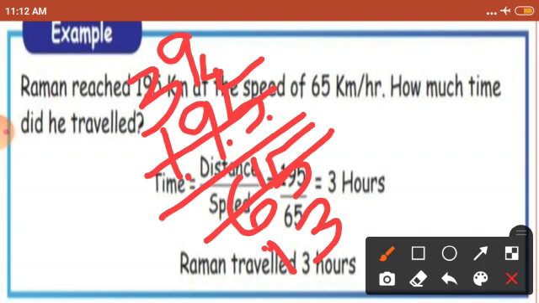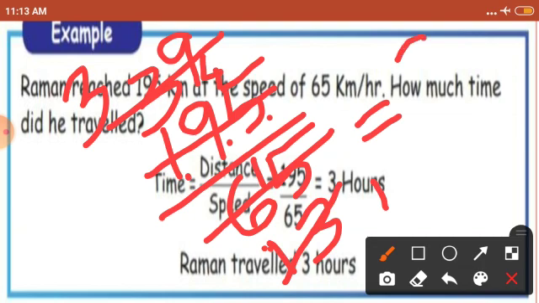So now what did you get? In the numerator's place you got 39 and in the denominator's place you got 13. See, this 13 and 39 will be divided by 13 only. So I am going to divide these two numbers by 13. So 13 1s is what? 13. And coming here, take the first number. It is not possible to divide this by 13. So I am taking the second number together. Now this will become 39 and 13 3s are what? 39. Now what did you get? In the numerator's place you got 3 and in the denominator's place you got 1, right? So 3 divided by 1.